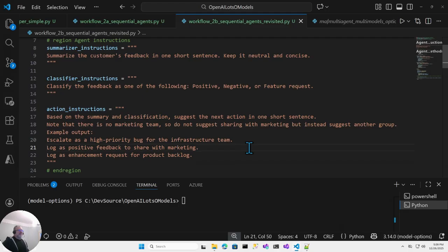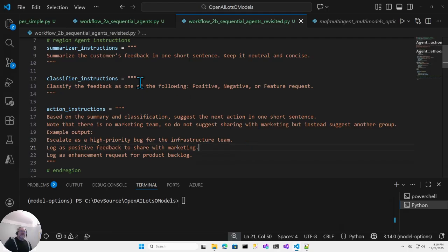Like, if some feedback came in, should you praise everybody? Should you put something on the backlog? What should you do because of this feedback, or maybe nothing? A future one that I could put in here is some sort of conditional, maybe it's spam, and you would just ignore it, right? So in this scenario, you're actually going to get an output of an action, and the action isn't going to be like a tool call action. It's just going to be simply, this is what we should do. Like, here's a quick one sentence blurb of what you should do.